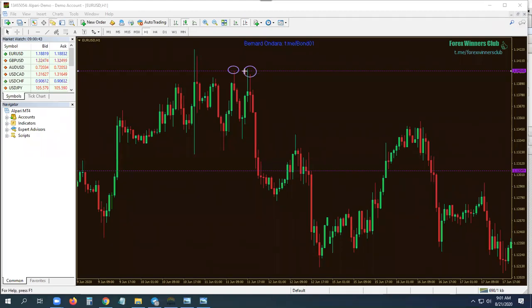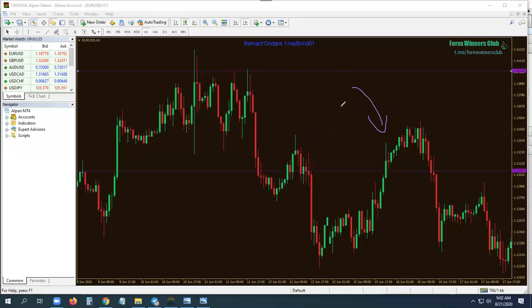Went up, came down, went up back to the same level, came down. When the market breaks below the point where they started from, like here, this candle that broke that level, after that the market continues down. That's a double top. For a double top, you just need to see a resistance. The market stopping there, coming down, stopping there, coming down. So resistance number 1, resistance number 2, or what we call top 1, top 2. That's a bearish signal. It means the market will go this route.